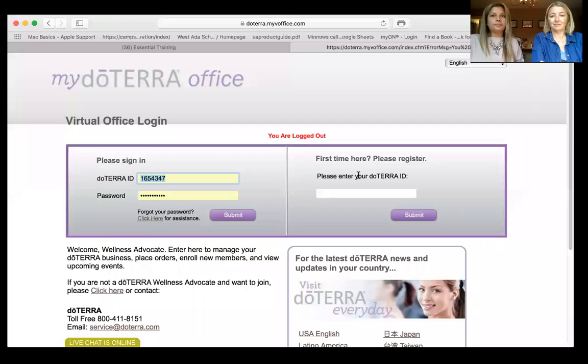We're going to show you and review how to enroll someone, okay? And that is page 7 of your training manual. Okay, so again, there's 2 ways that you can enroll someone, okay? You can log into your back office, and again, you put your doTERRA ID and password, okay?